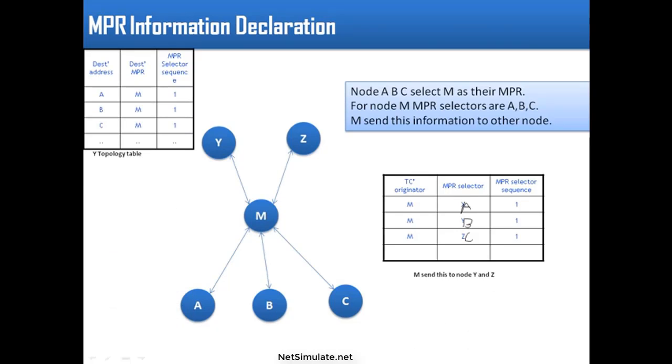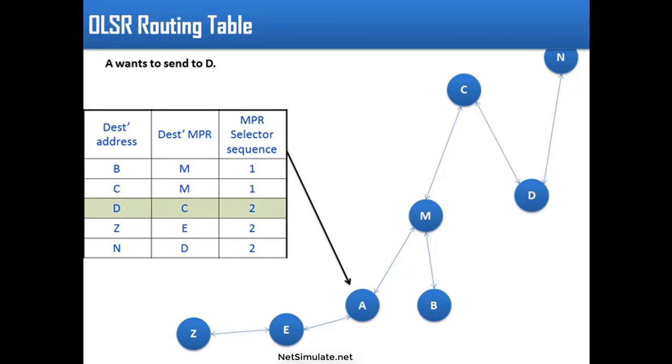So when Y receives this information, Y will see it means node D is reachable through C. So it will find out this information, D is reachable from C. Now it will search its routing table again and try to find an entry for C. So it will find out that node C's MPR is M. It means node C can be reachable by node M. So it will find out that M